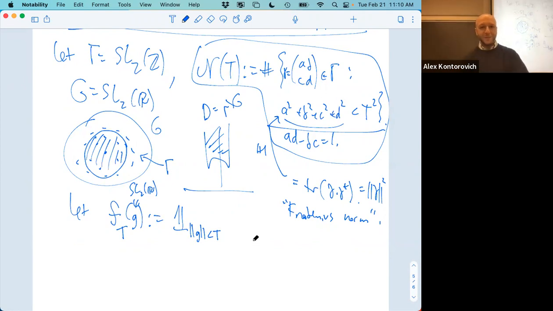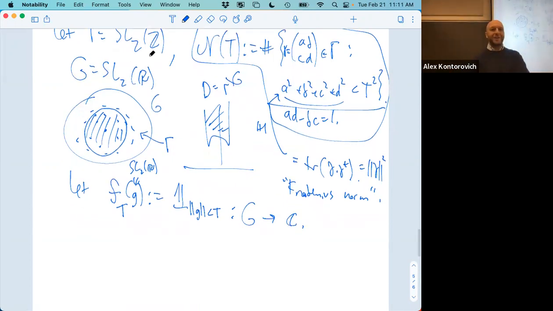Okay, now this is a function from G, from SL2R to C. It only takes values 0, 1, but we have a function on this ambient Lie group, SL2R. What we want is the value of the function on SL2Z, but it's not defined on it. So we're going to do the same thing. If you remember all of our proofs of Poisson summation and Mellin transform, we're going to do exactly the same thing. We're going to automorphize